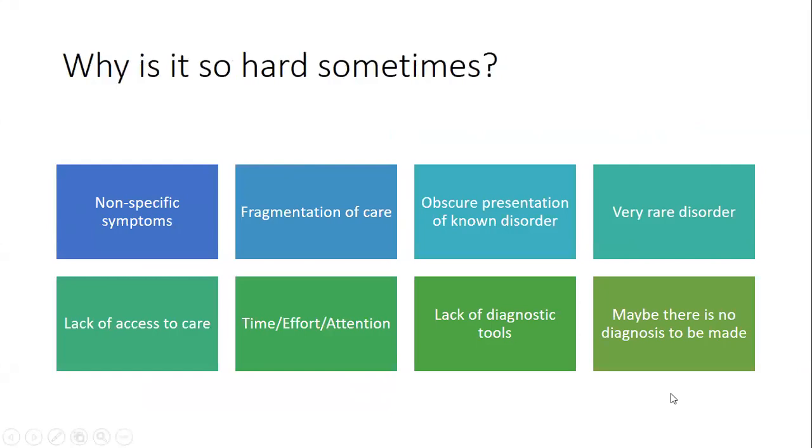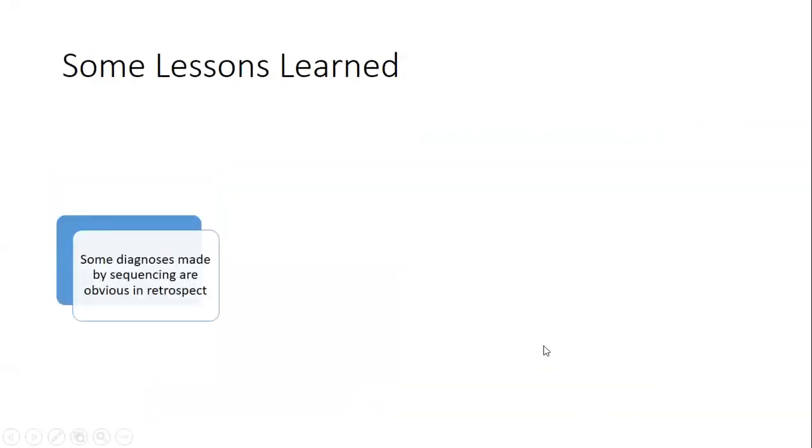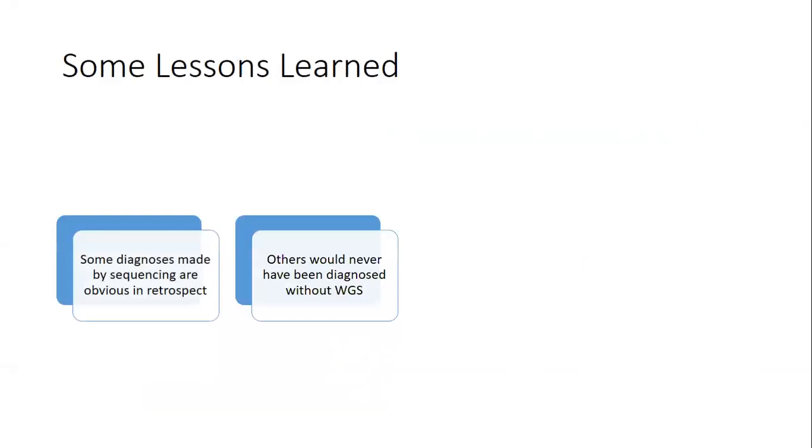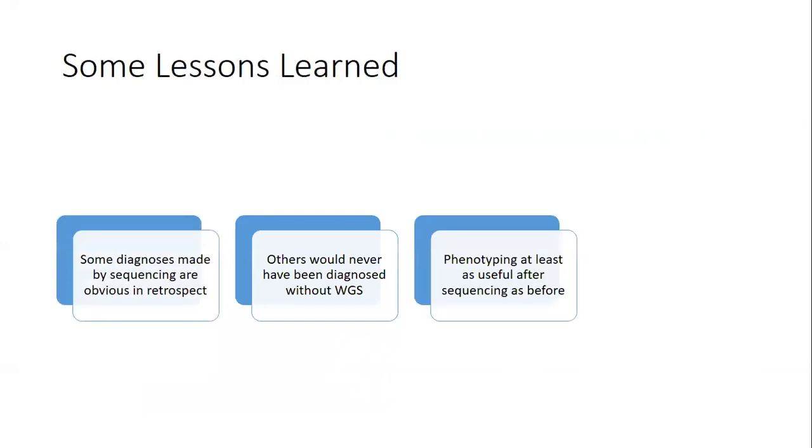We see a lot of people that have what are probably psychosomatic complaints that we try not to do those analyses, but it's sometimes hard to be completely sure. Some things we've learned, sometimes the diagnoses you make by sequencing are obvious and you kind of kick yourself and say, why didn't I think of that? And the only comfort is usually at the end of a long line of people that didn't think of it. And it's probably true, some of these are obscure things. If the right person who had just the right experience has seen them, but how do you assure that that's going to happen? Others, like I said a moment ago, would definitely never have been diagnosed in the pre-sequencing era.